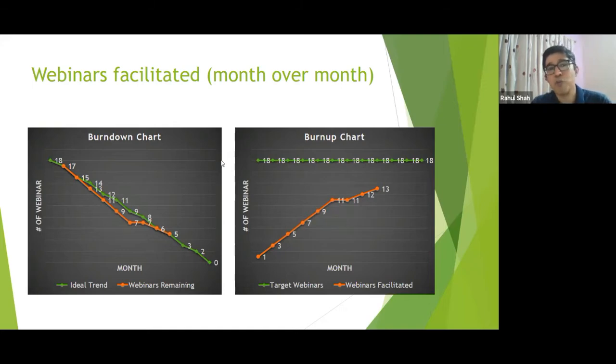And if I put it into a burn up chart, it will show the cumulative data, how I am burning up and reaching the goal of 18. So it represents the same data, but there is a subtle difference as well. We will talk about it; we have a slide specifically for this one. But by putting this slide, I wanted to highlight that burn down charts can be used for actually